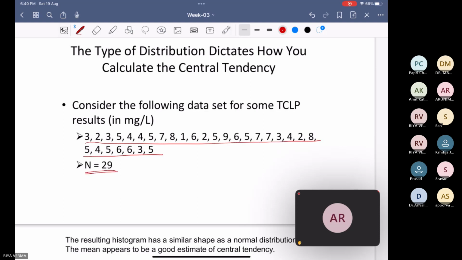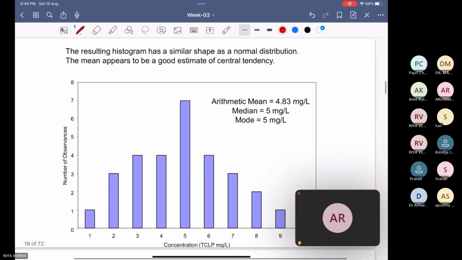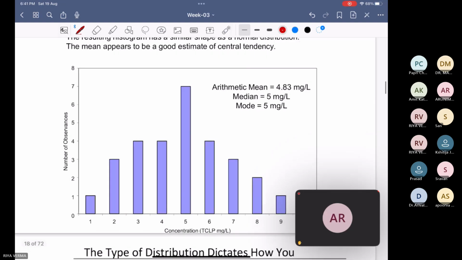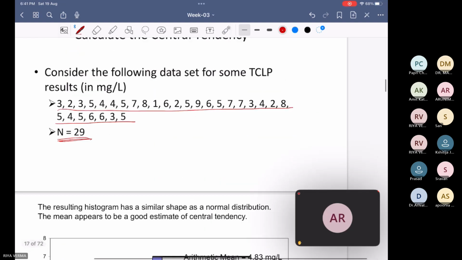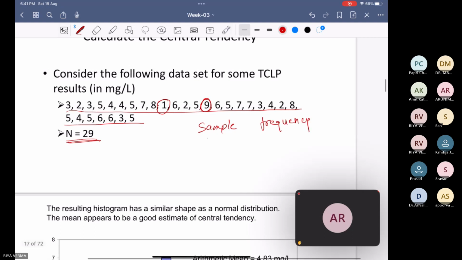फॉर एग्जांपल ये कुछ डेटा सेट हमें दिया गया है जिसमें 29 नंबर ऑफ सैंपल्स हैं। तो जब भी हम इसका कंसंट्रेशन वर्सेस नंबर ऑफ ऑब्जर्वेंसेस प्लॉट बनाएंगे, ये प्लॉट किस तरह से बना है लेट मी टेल यू। हमारे पास मिनिमम वैल्यू क्या है, 1, और मैक्सिमम वैल्यू वी हैव इज 9, राइट। तो इसको अगर हम एक टेबल के फॉर्मेट में ड्रॉ करेंगे तो यहाँ पर हम लिखेंगे सैंपल, इधर पे लिखेंगे फ्रीक्वेंसी, राइट। तो सैंपल विल बी गो फ्रॉम 1 2 3 अप टू 9,